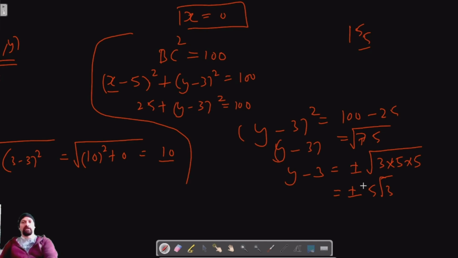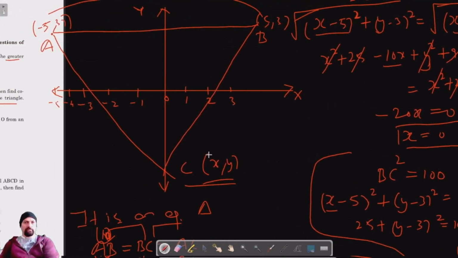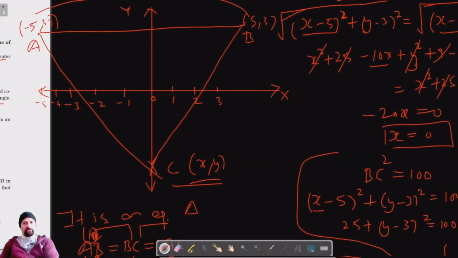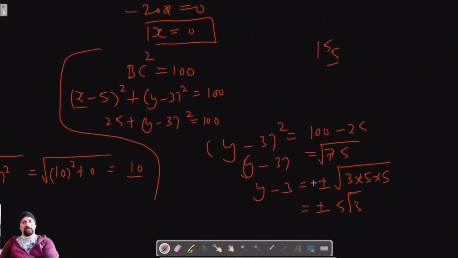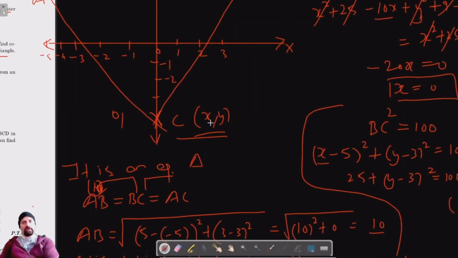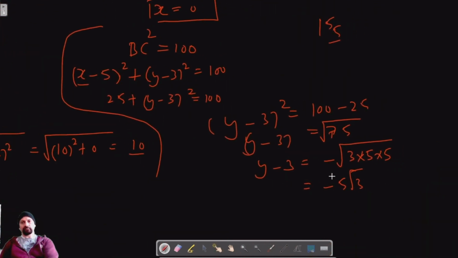Okay, now we have two values, plus minus 5 root 3. Because x is 0, this lies on the y-axis, and this is the negative value of y, so we will just consider the negative value here. So I'm going to raise this, and this is now negative because it's on the negative y-axis, so y is negative 5 root 3, and when 3 is shifted here, this is plus, so y is equal to negative 5